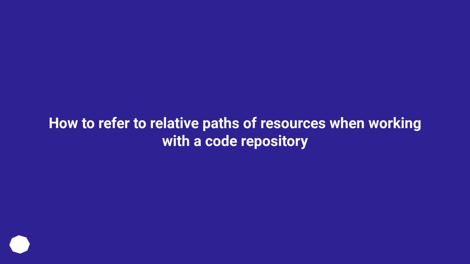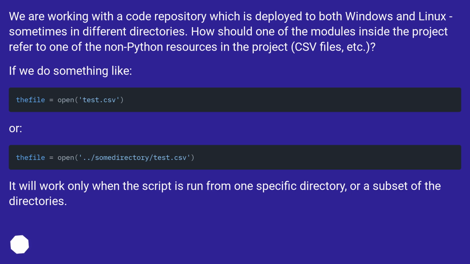How to refer to relative paths of resources when working with the code repository. We are working with the code repository, which is deployed to both Windows and Linux, sometimes in different directories. How should one of the modules inside the project refer to one of the non-Python resources in the project, CSV files, etc.? If we do something like